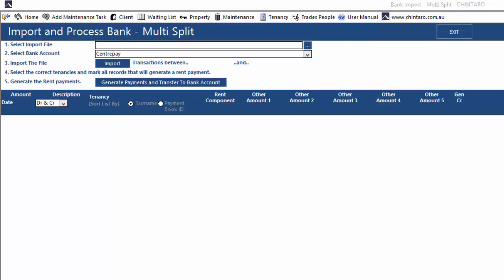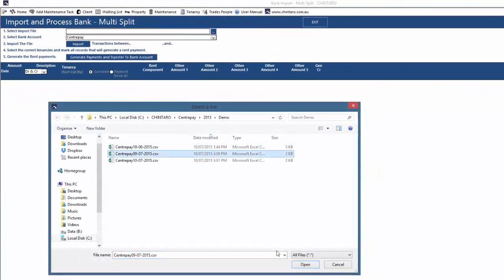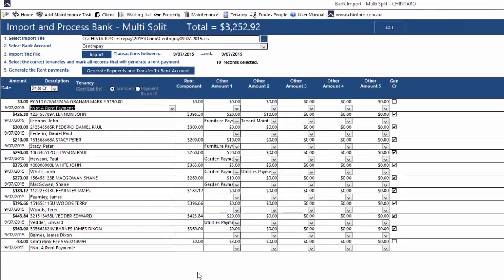And this all looks the same. But when we import the file, we can see that we have 2 lines for each payment. You can see that in John's line here, there is still the rent component for $396.30. In the other amount 1, we can see there is an amount for $20,